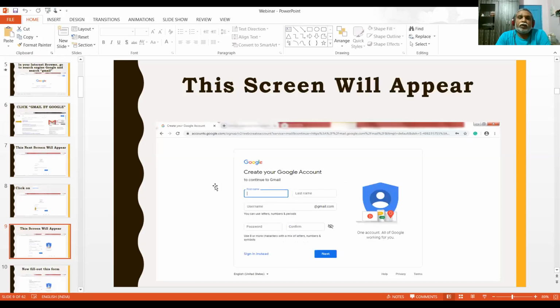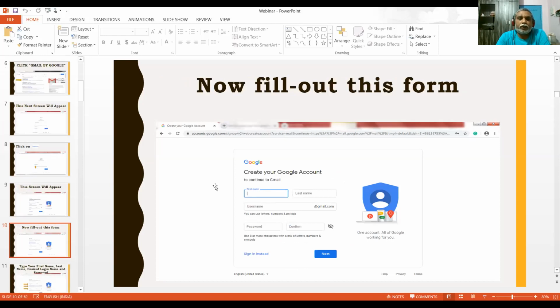After that, you type your first name, last name, the username you want, and password. The password should be 6 characters, with numbers, capital letters, and special characters, whatever you want. Put in your password and click on the next button.